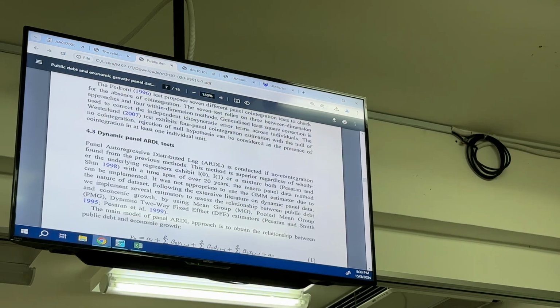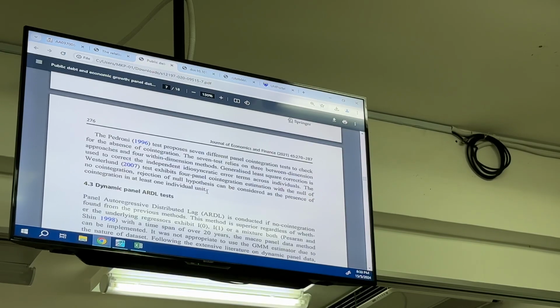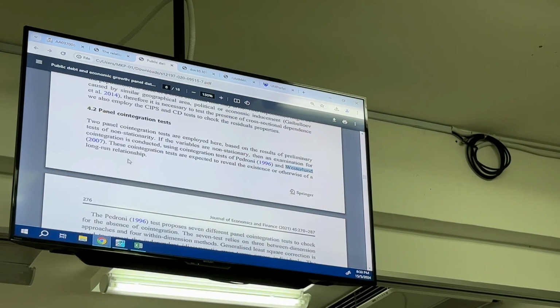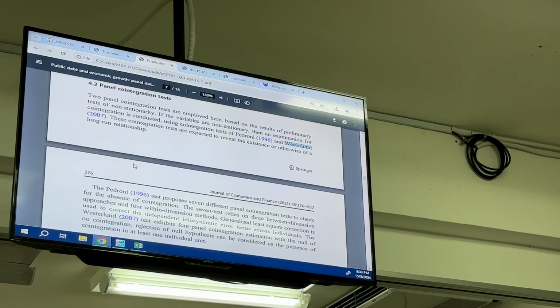Then in your group assignment, actually you need to discuss what approach you are using, not just copy paste the previous output and then summarize the result. You have to let us know what approach you are using. So you have to describe, for example, the panel cointegration test. We do not expect you to show all the test statistics, and you can just describe it like this. You can say Pedroni proposed 7 statistics, and then